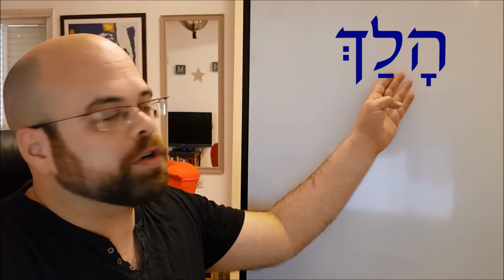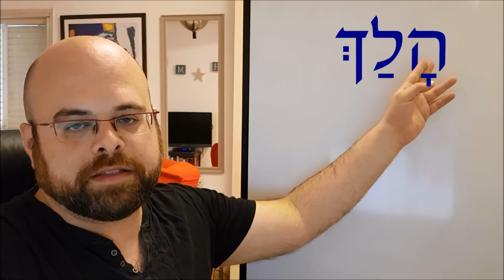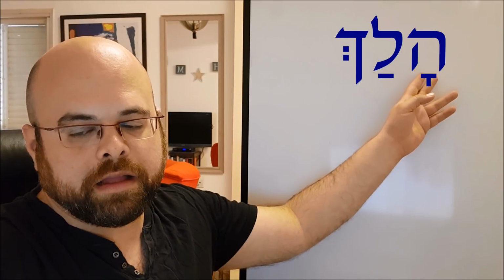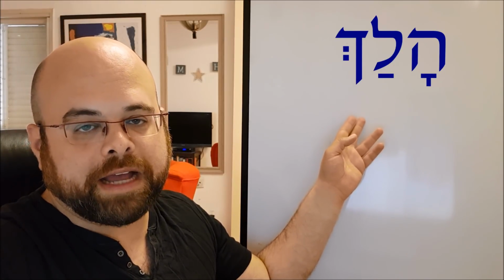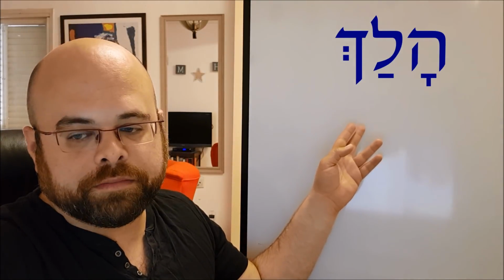Okay, so another word that we're going to learn with these letters is the word halach. Halach. So we have the Hey, which is pronounced like this, ha, with a kamatz. So the vowel is a, ha. Lamed, l, the sound l with the patach, la. And the final letter is chaf, ch, with the shva, so it doesn't have a vowel,